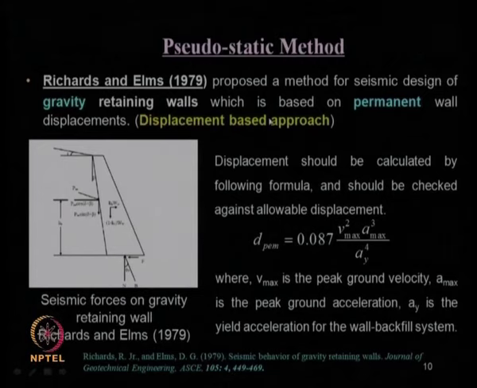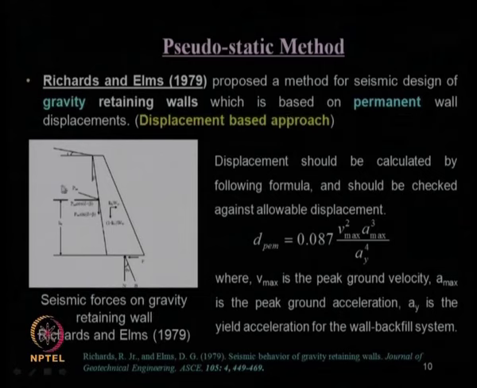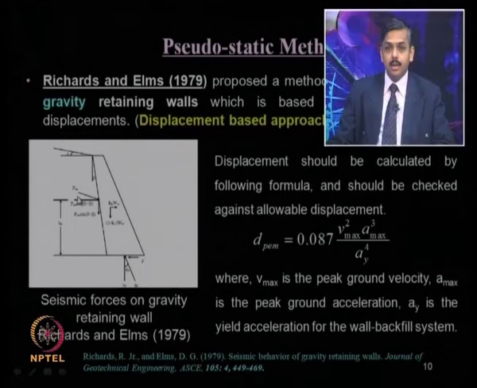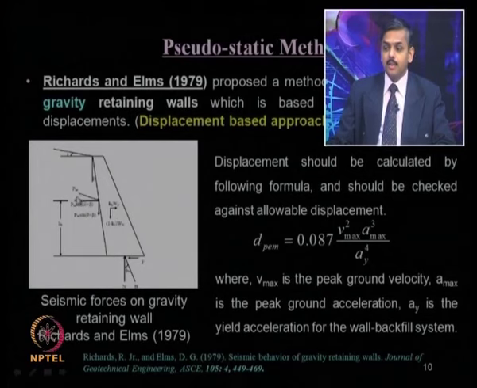So, what it proposed, in addition to the computation of the active earth pressure PAE under earthquake condition using the same pseudostatic approach, is that it can additionally be checked with respect to the permissible displacement of the wall. And how to estimate the permissible displacement? You can see this is the seismic active earth pressure. Can you see in the picture over here? Its point of action is also considered like this.